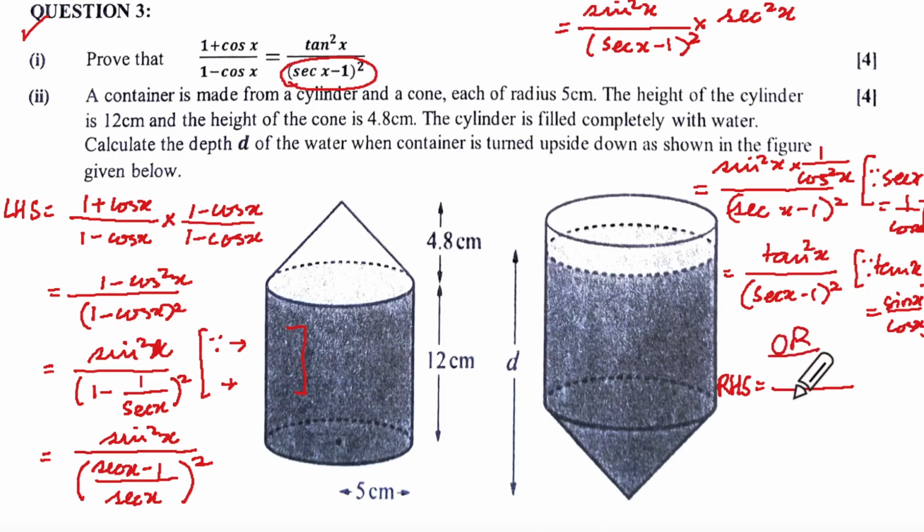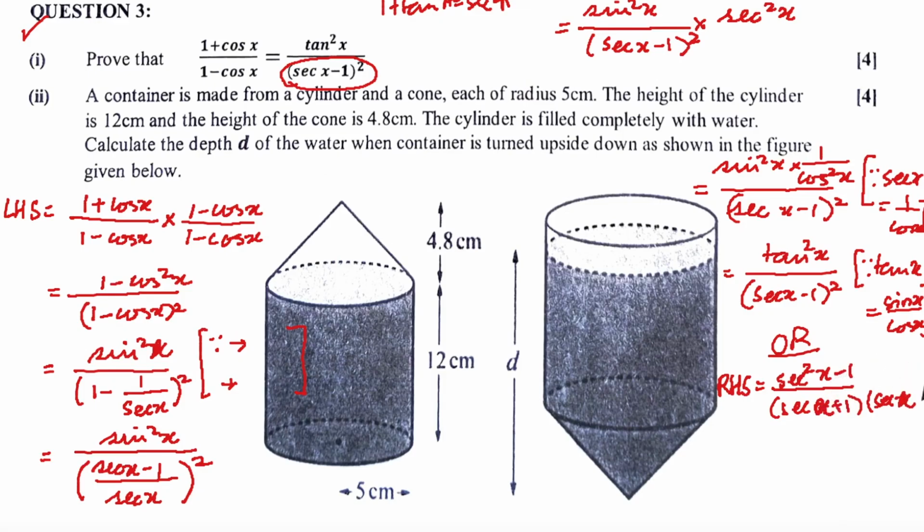Done, ma'am. Okay. Now for tan, I am going to use 1 plus tan square a is equal to sec square a. You have to remember all the trigo identities, the three identities. The first one being sin square a plus cos square a equal to 1. The second one being 1 plus tan square a equal to sec square a. And the third one being 1 plus cot square a equal to cosec square a. So tan square will become sec square